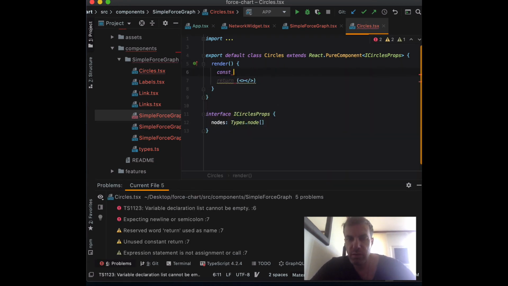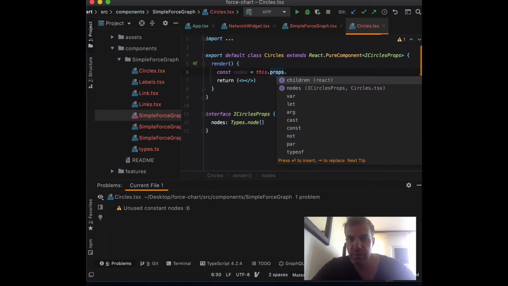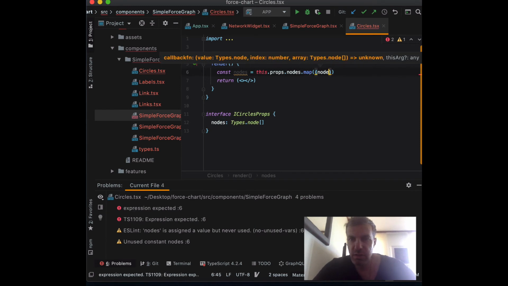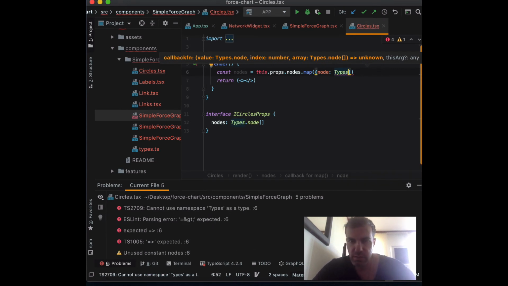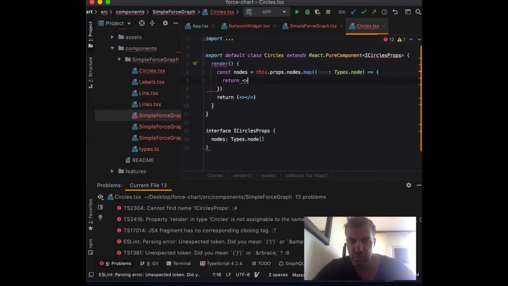So again, create a constant, let's call it nodes, and that will equal the props dot our data, which is nodes, and then we're going to map through the data, and the type is going to be, let's call it node, and we can use types dot node to describe the data type, and then we can render our circles, so we can return the circle,